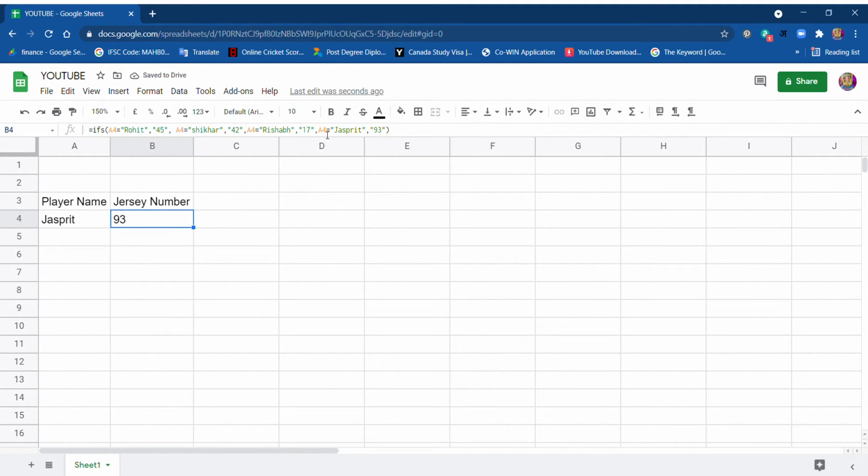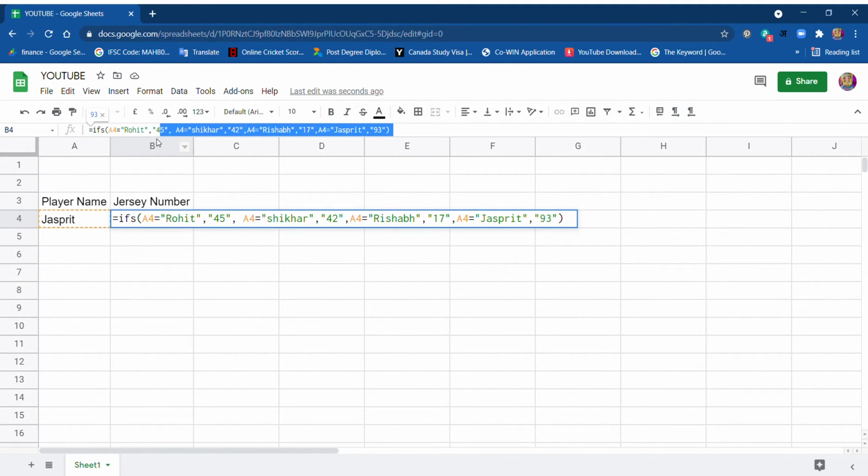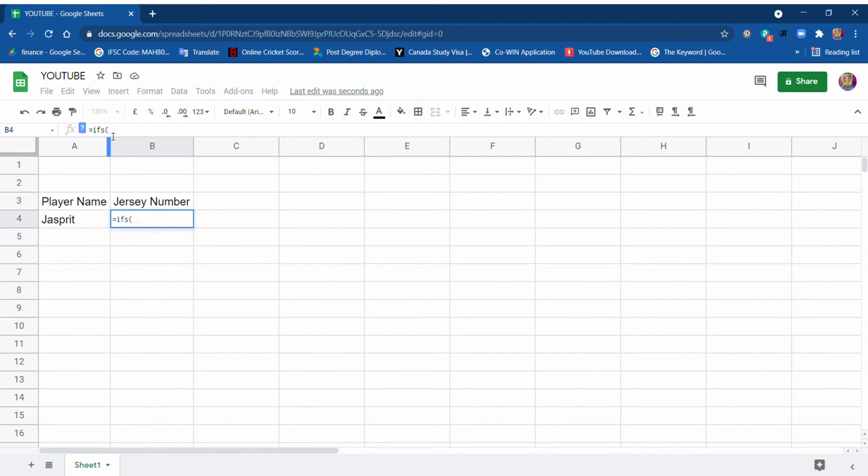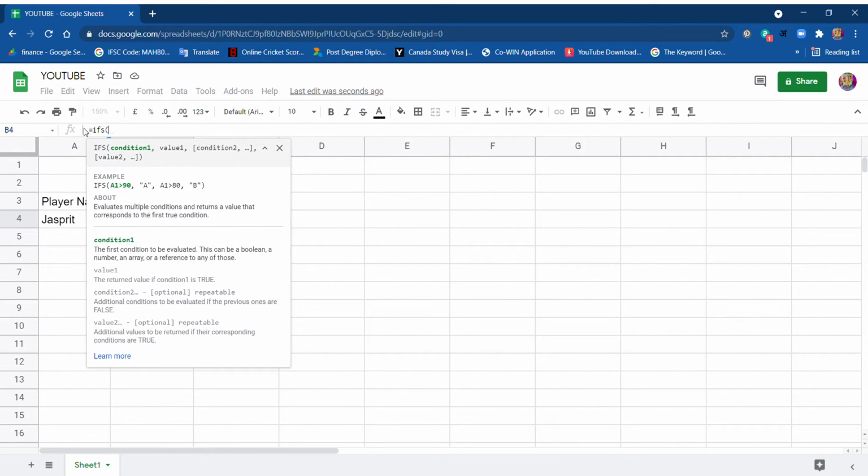Ifs is just multiple criteria. I will enter the whole formula again for you guys. I've done this earlier. So what ifs contains is simply, you can just put a question mark here for a simple guide. Condition 1. What should be condition 1?